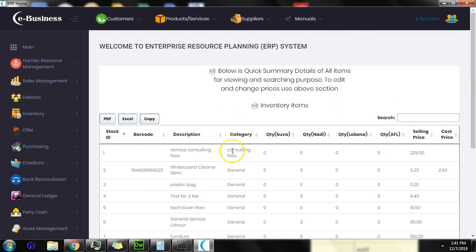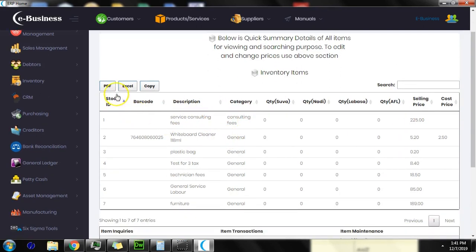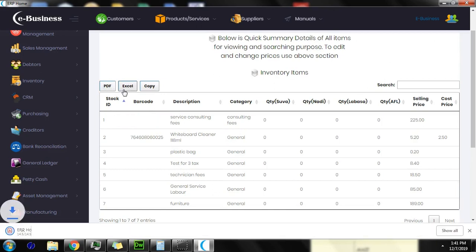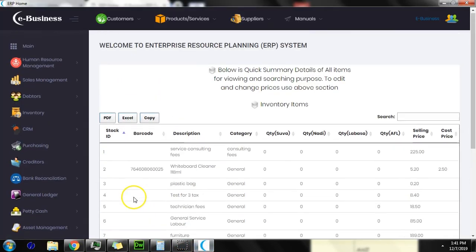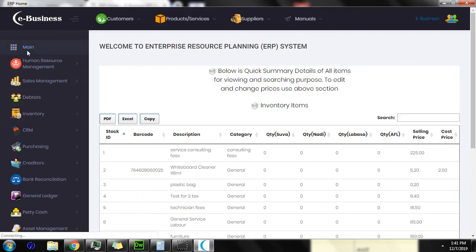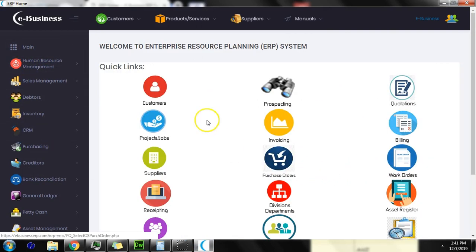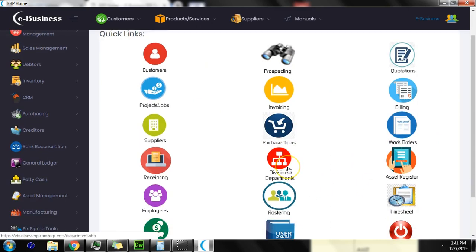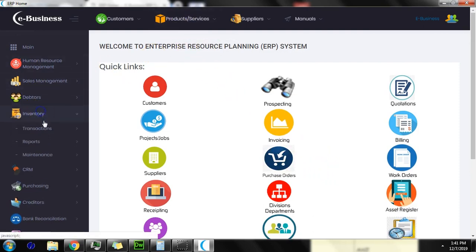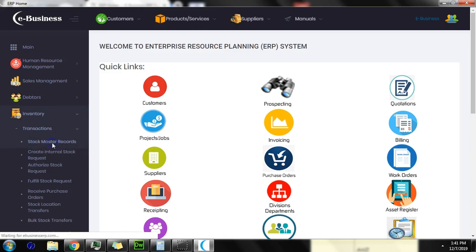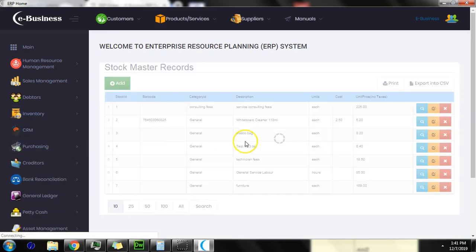We have a very good reporting system whereby in each and every section you can always print it in PDF or an Excel file. So it gives you easy access to all your critical information. Of course, the home page has icons, so you can quickly go to a particular process. And we have a stock master report, whereby you can enter your stock,